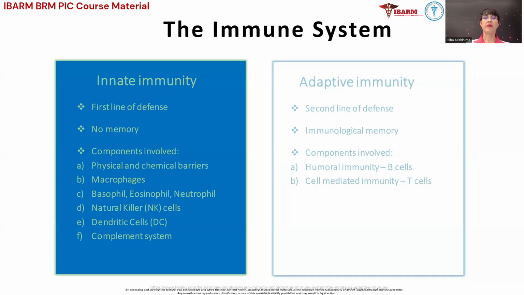Inflammatory response. Inflammation is a hallmark of the innate response, characterized by redness, heat, swelling, and pain. It helps isolate the infected area and recruit immune cells to the site. Complement system, a group of proteins that enhance the ability of antibodies and phagocytic cells to clear pathogens, promote inflammation,